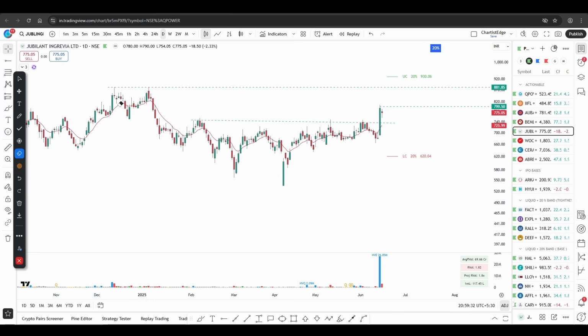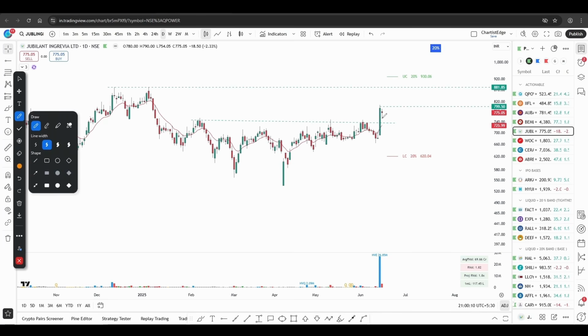And after this breakout candle, like we discussed, if the pullback is very small in nature, meaning that the range of the pullback is very small, that ultimately means that the selling pressure is getting weaker. Whoever bought here, let's say 10 people bought here, only 2 people are selling here, meaning that the supply pressure is getting weaker and more people are interested in accumulating the price around these levels. So